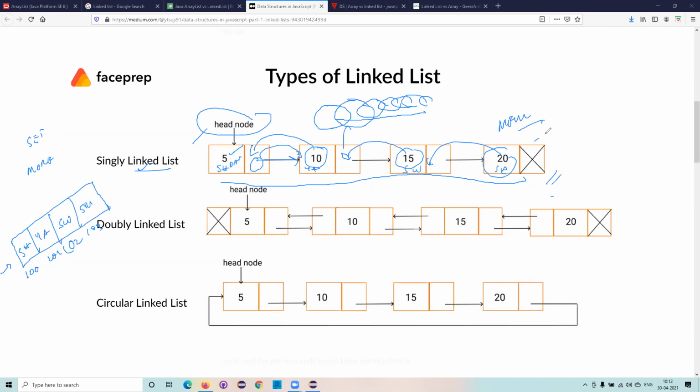What is the last one? It is called the tail node. This is very common: head and tail, because if it is first, it is called head, and if it is last, it is called a tail node. In this node, we have two sections: one section which stores the data, and another section which stores the address of the next element. So that's where the link forms for us. In each node, we have the data and the address of the next link. This is how the singly linked list would be created and stored in the memory.